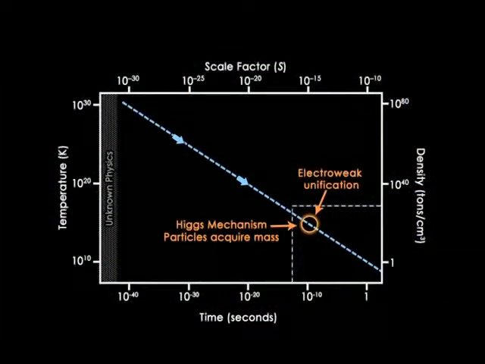So before 0.1 nanoseconds, none of the particles had any mass. They were all, in a sense, like photons. So without this change, all the particles that make up our world would always be moving at the speed of light. And as the universe expanded, they would have been redshifted away to almost nothing, just like the microwave background photons. So this electroweak transition with its changing Higgs field really had some very crucial consequences.